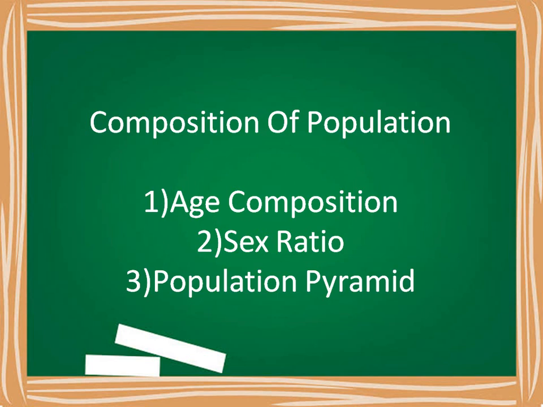Age composition. Age composition refers to the number of people in different age groups in a country. It is an important component of population. Age groups signify the rate of use of resources and the capacity to work. Children, working age, and old age population determine the social and economic structure of population. Age-wise, people are usually grouped into children less than 15 years, dependent; working age 15 to 59 years, productive; old age above 59 years, dependent.